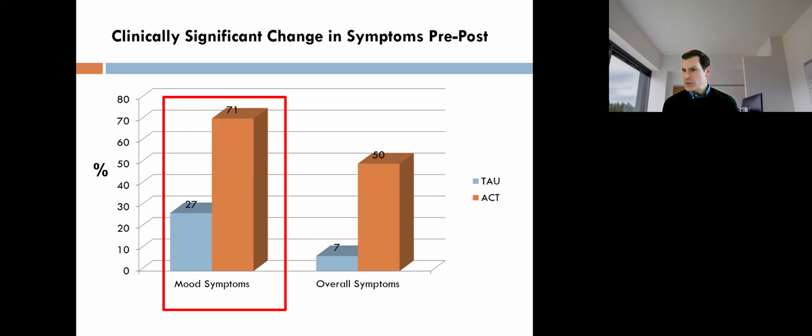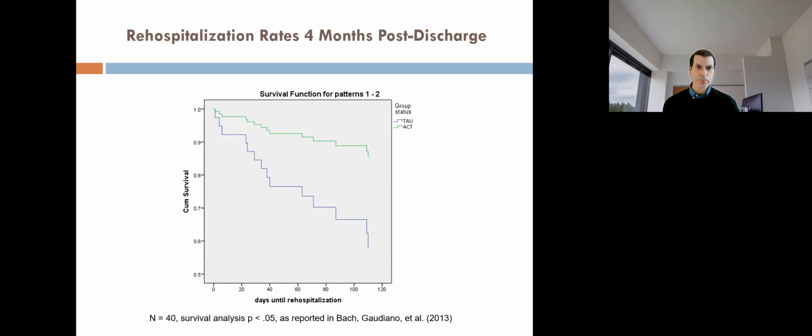It was more their mood symptoms. So again, going to this idea that associated distress and impairment was really what ACT was most effective at reducing, or helping the people to get some benefit from. And in particular, what we found is that even though, again, we didn't see any differences in psychotic symptoms with